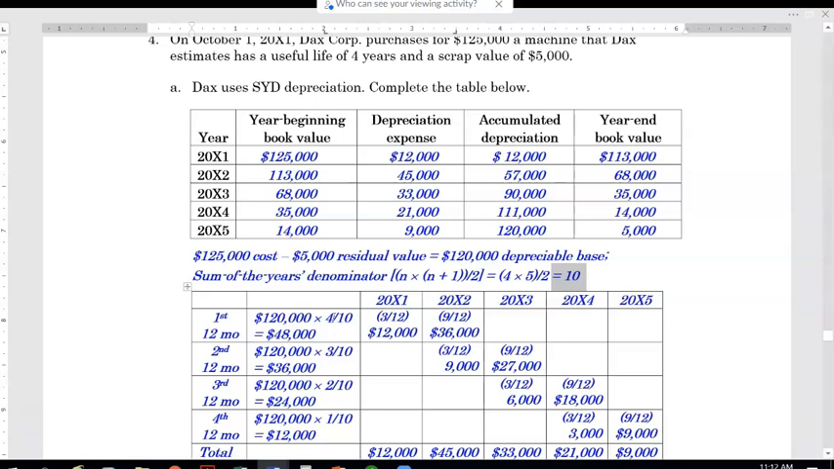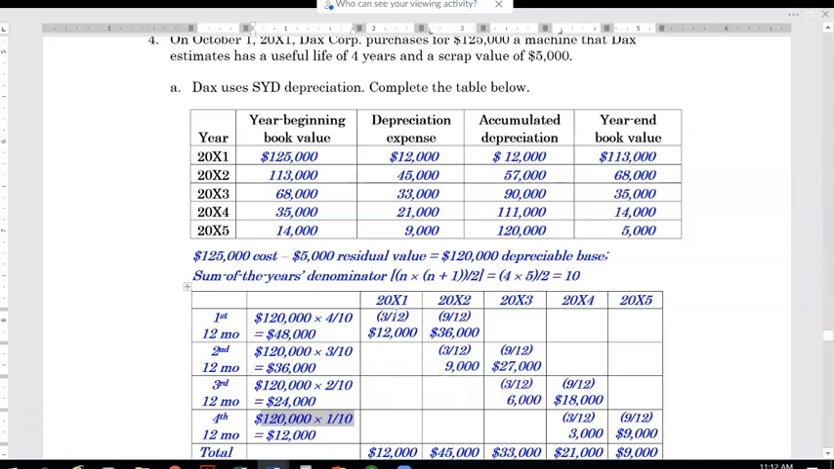So we start from the useful life of 4. So 4 out of 10. And then we use the same thing, the 120 times 3 out of 10. And then 120 times 2 out of 10. And then 120 times 1 out of 10. Now we have all these numbers ready. So 48,000